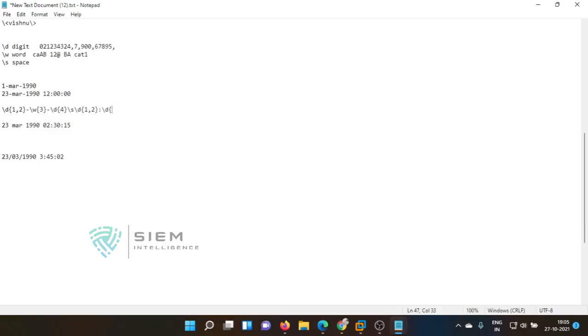Again a digit, either single or multiple, then again the colon. It goes up to 60 only, but still we are considering 99, 1 comma 2. This is the standard regular expression for this.